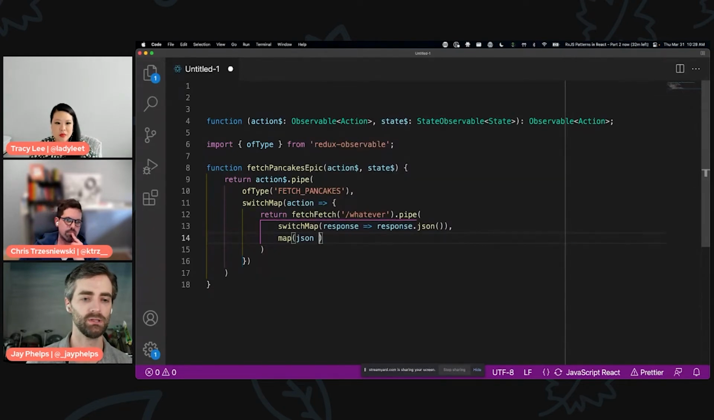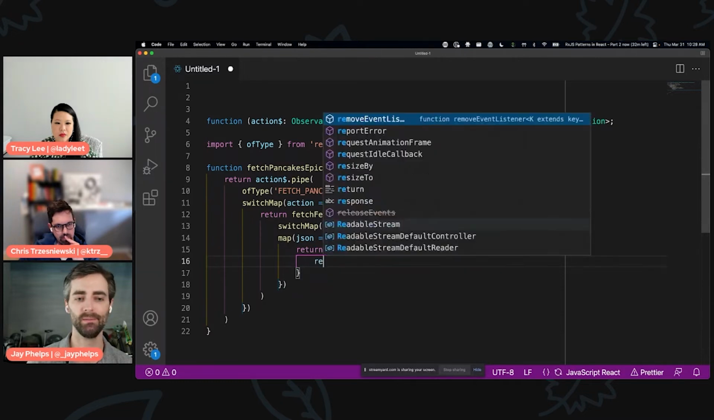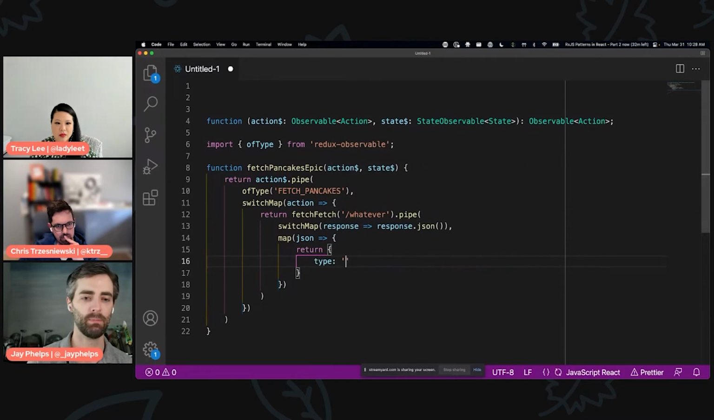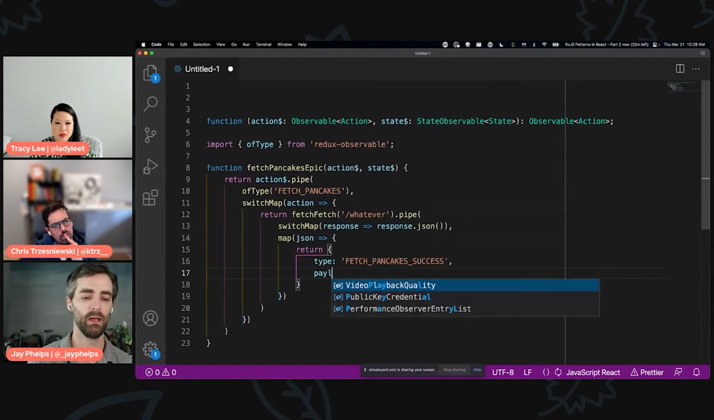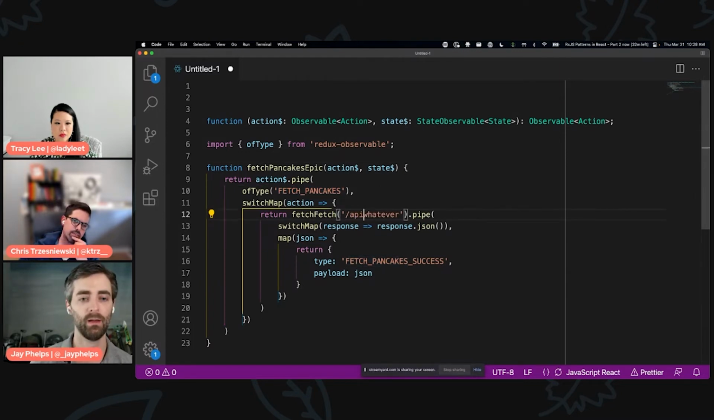So we'll say JSON, and then from there, just to make things a little bit more explicit, I'm going to use a real return statement. From here, we could then take that JSON, and it might be like result, it might be like type, we've got that fetch pancakes, success, and we have the payload, and we'll say JSON or something like that. This is a very contrived, simple example where I'm fetching the pancakes, going over to some API, and we'll just call that pancakes, and getting the data back,